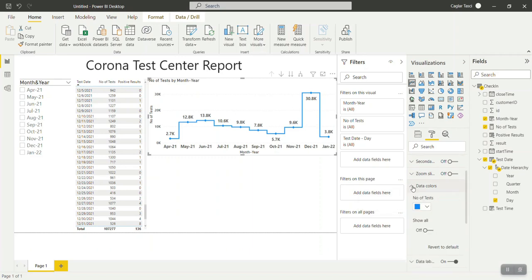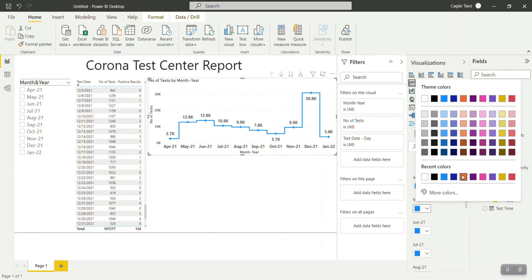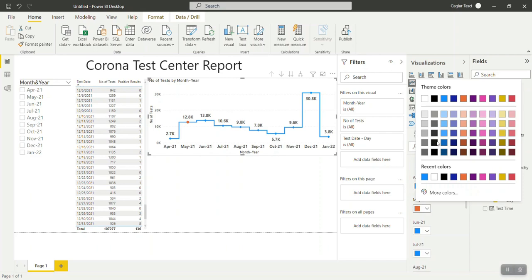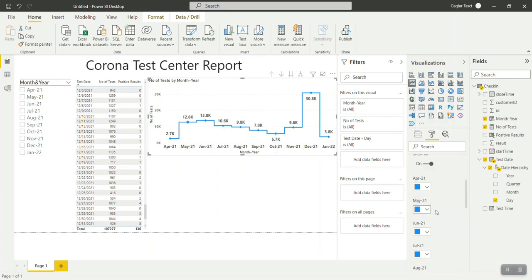So here is the title that I am interested in. If I click on this FX, it will take me to a formula based title, which I don't need. So I will just keep working on the size and the way the chart looks. Okay, so now I am happy with the chart, and I need to create another chart for